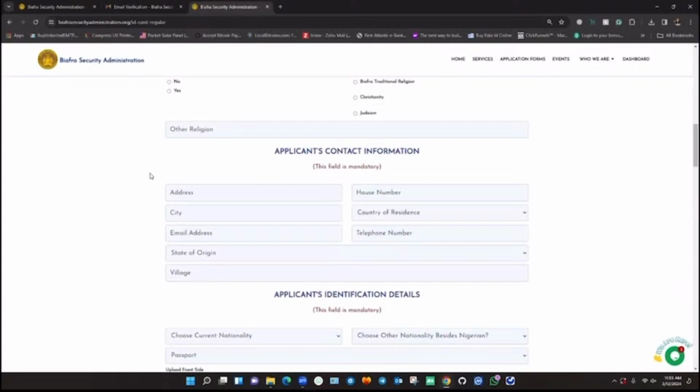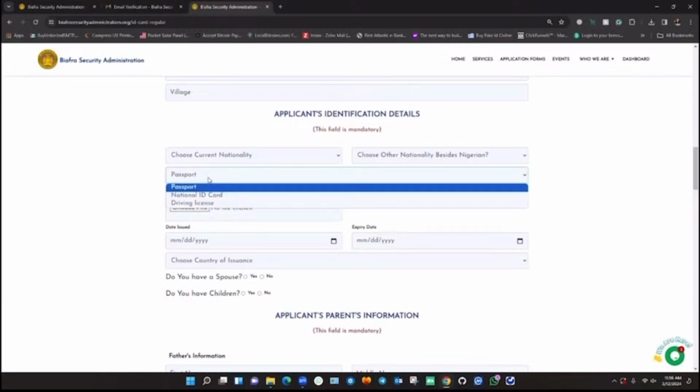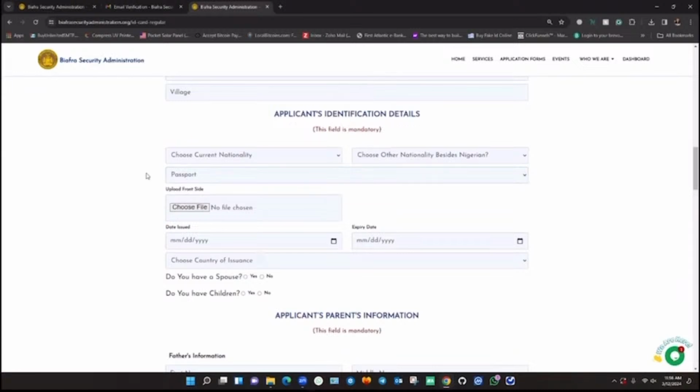Take note of that. Now, applicant's identification details. Once you reach here, this place will require what kind of ID card you have, be it a passport, be it a national ID card, be it a driver's license. Depending on the one you choose, you are going to upload a copy of it. Now, having reached this extent,